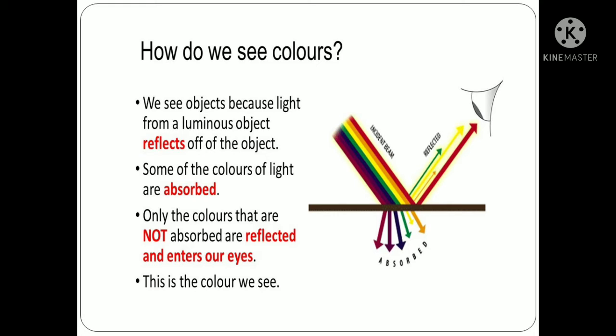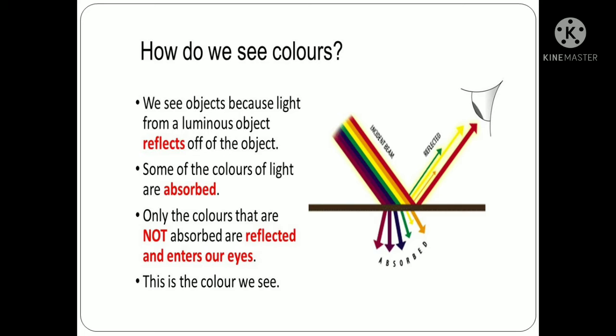In that incident beam, we have seen there are 7 colors. But why does this light ray have 7 colors? Newton proved that the white light ray which you see from the sun consists of a total of 7 colors, that is VIBGYOR. Sunlight looks like just a colorless white color, isn't it? But this white color is composed of 7 colors, and actually we see it at the time of a rainbow. When a rainbow appears, these colors are the VIBGYOR colors, isn't it?